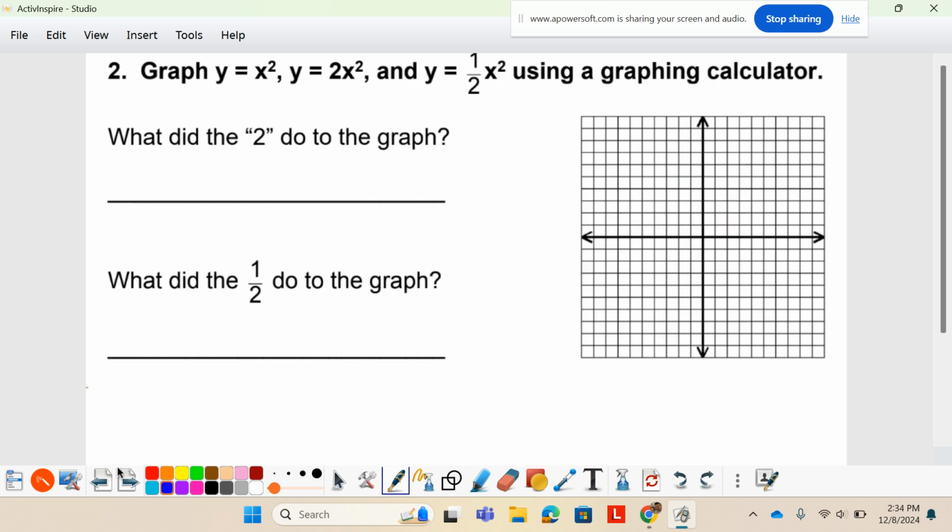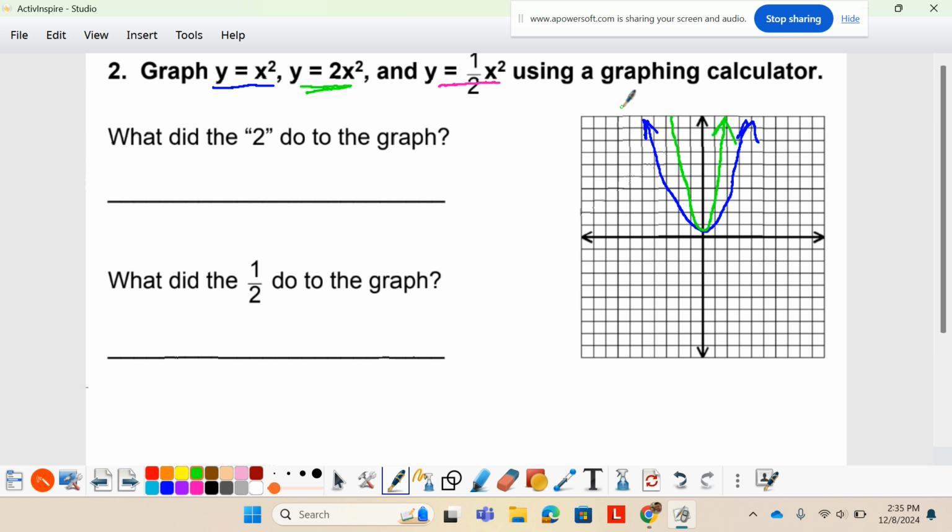Next, we have y equals x squared, so we'll do that one in blue, and y equals 2x squared, we'll do in green. And that red or pink or whatever it is, we'll do the 1/2. So starting out with our regular y equals x squared, if it looks something like that, then my y equals 2x squared is going to go up